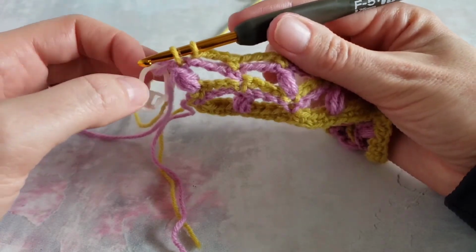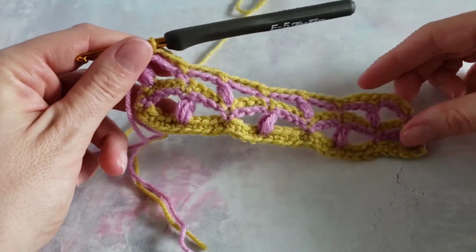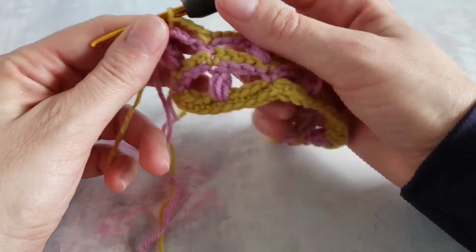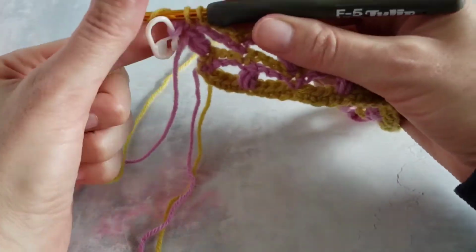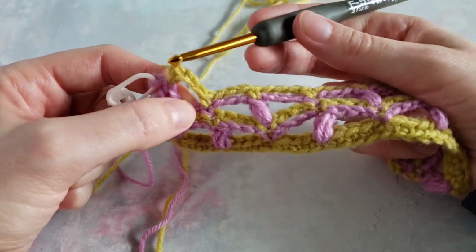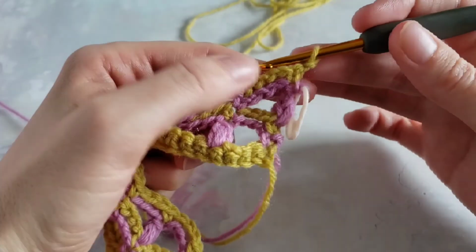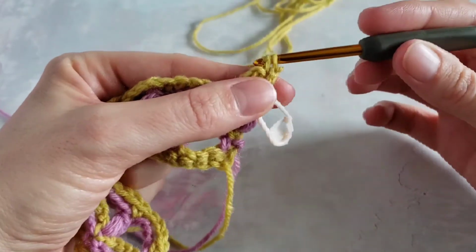If you're done with your scarf or wrap, whatever you're making, and you want to finish it the same way we started with the row of single crochet, you just finish your stitch with the same yarn, keep the stitch marker here, turn your work, chain 1 and single crochet in every stitch, single crochet in first single crochet,